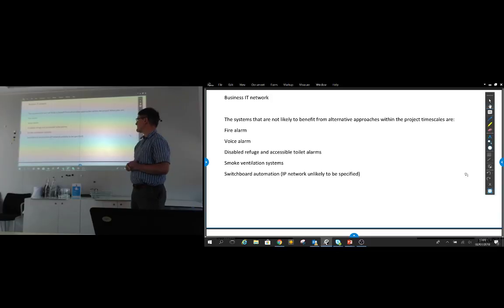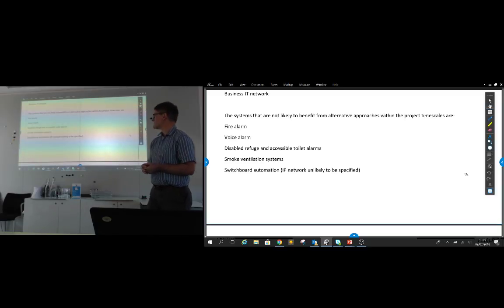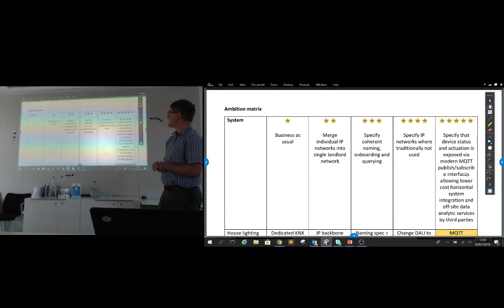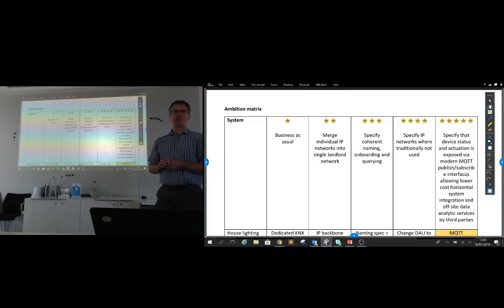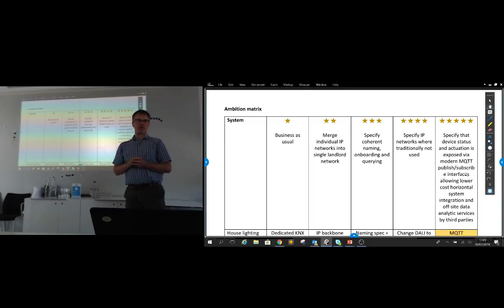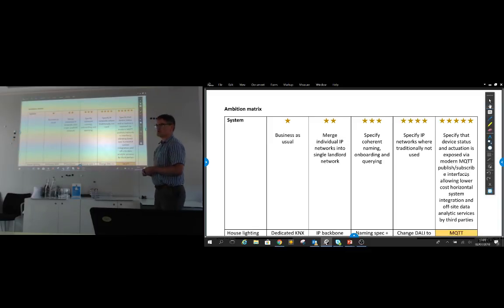Fire alarm, voice alarm, typical life safety stuff, where we knew we were going to get bogged down on this relatively standard project, and there wouldn't be either a client ambition or in fact a technical feasibility for achieving integration of those systems. And then a table, and working from left to right, it's really business as usual on the left, vertically segregated, separately procured systems that we were familiar with, and over on the right-hand side, a cloud integrated ambition of the like that we've been describing with MQTT and JSON